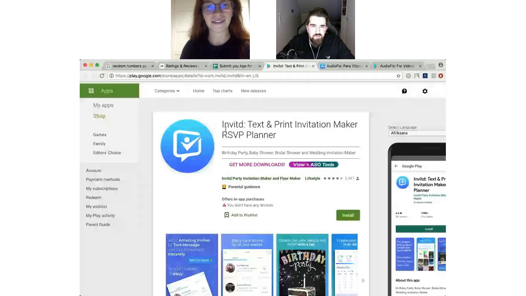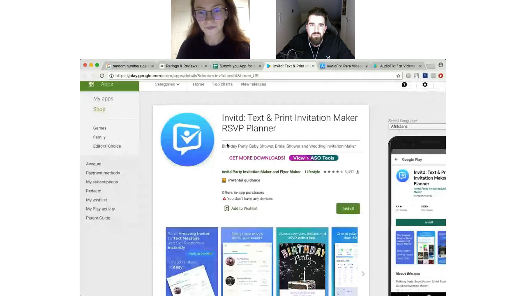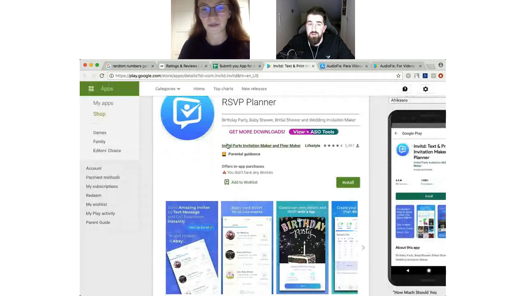Probably if you don't really care about this brand name itself, you can remove it from the app title and use this space more wisely, I mean, to fill in some keywords. You will still be indexed by this word because it is in your bundle ID. Yeah, the package name, I mean.